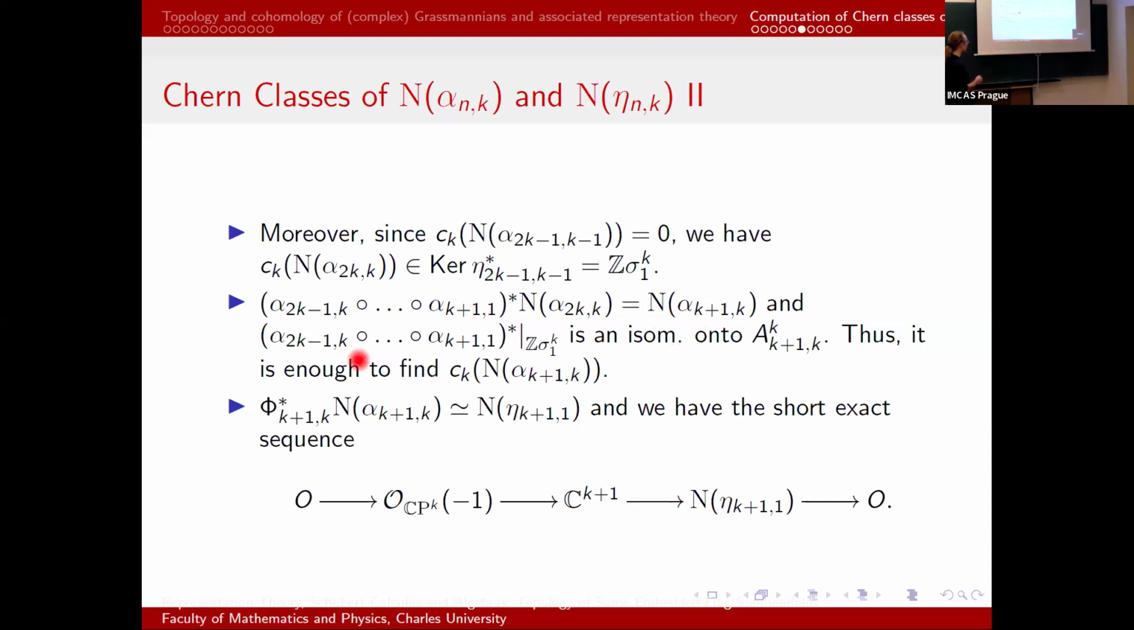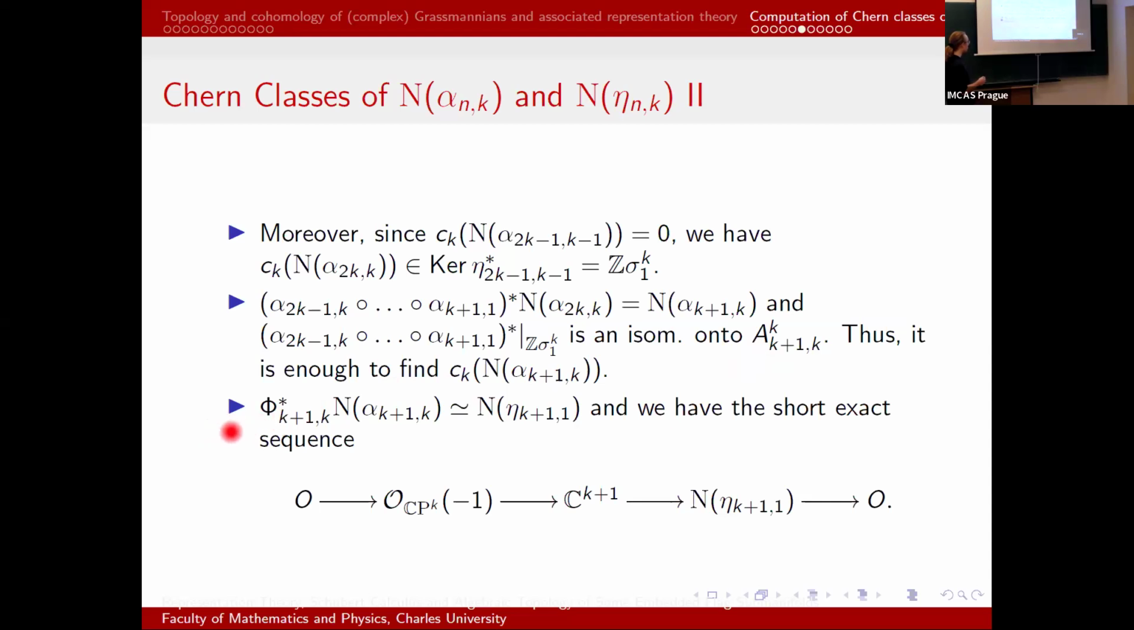And if we restrict the cohomology map onto the kernel of eta star k minus 1, k minus 1, we get an isomorphism onto the 2k cohomology of Gr k plus 1, k. Hence, it is enough to find the kth Chern class of this bundle. And this bundle, if we pull it back over CP^k